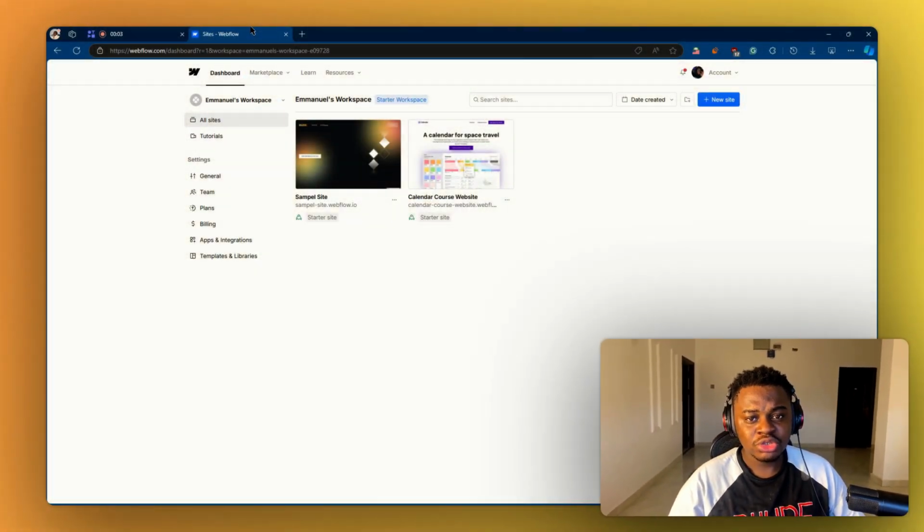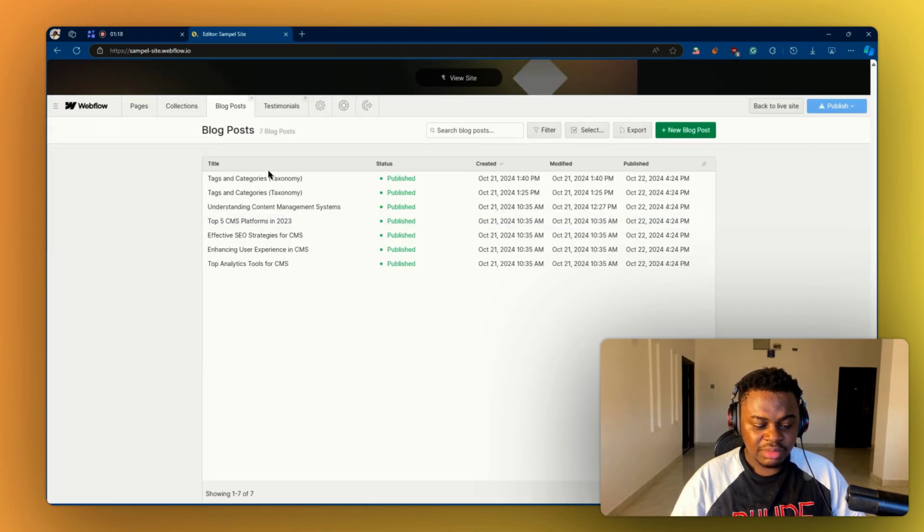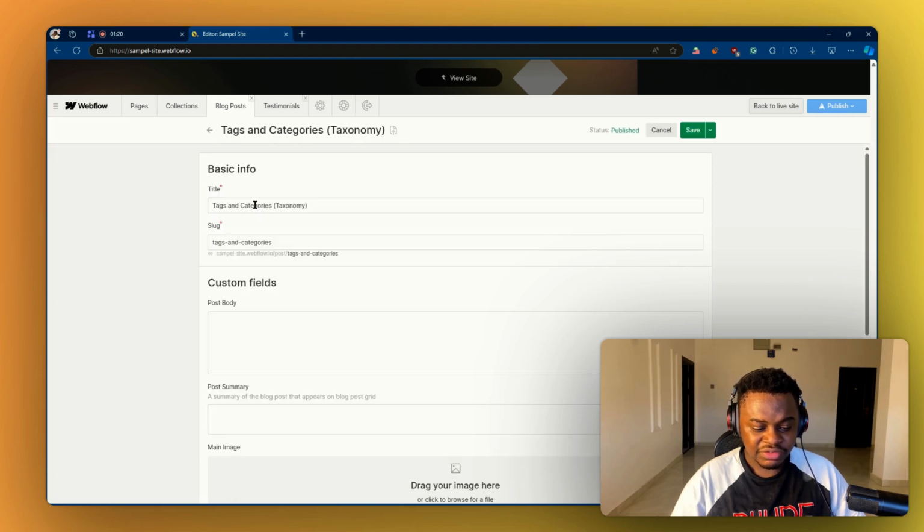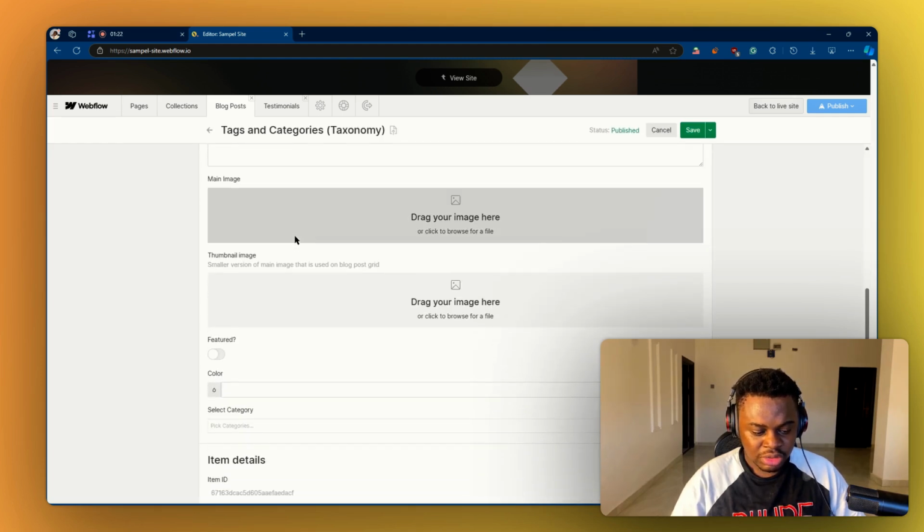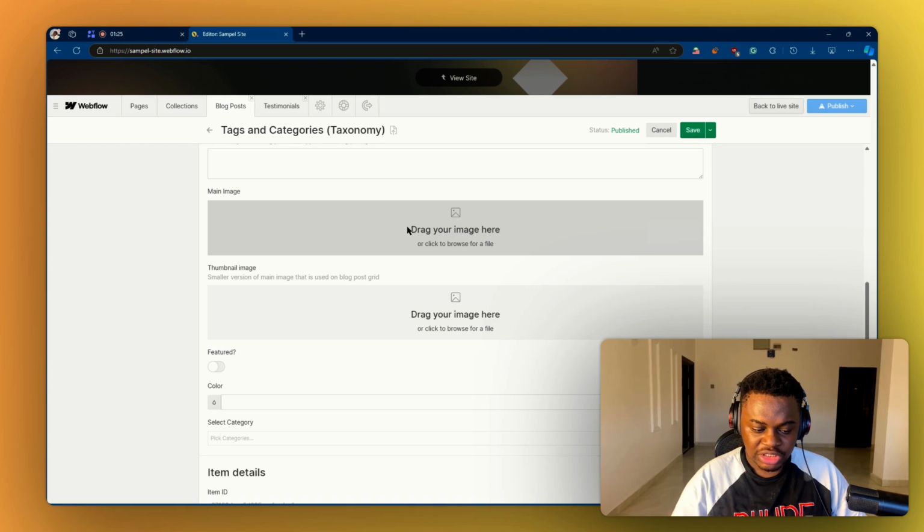In this one, I'm going to show you how to add a featured image to a Webflow blog post. So in order to do this, just go to the back end of your Webflow site, go to the editor, and once you are in the editor and it's fully loaded, go over to blog post, select the blog post you would like to add the featured image to, and scroll to the bottom, and you'll find the image, main image